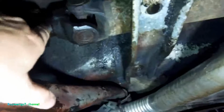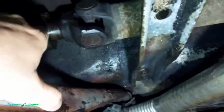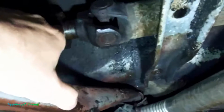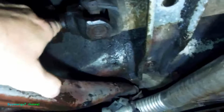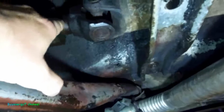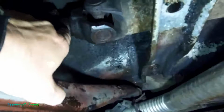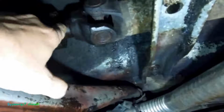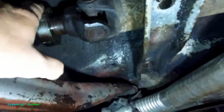You know what happens, the front seals usually hold up pretty damn good, because why they hold up better than the rear seals is because they're protected from the elements. What happens is, you see this shaft that goes into the seal. If you're not using the car that much, if it gets a little rust on there, that little bit of corrosion will tear up the seal after a while. None of these are really leaking that bad, because you can see it didn't even get wet here. It's just right here. It takes a long time for it to lose fluid, but I'm going to change them out